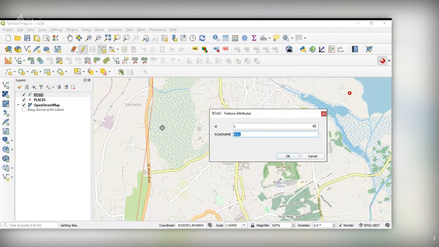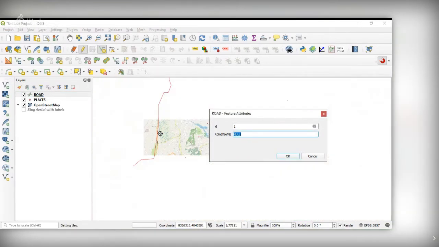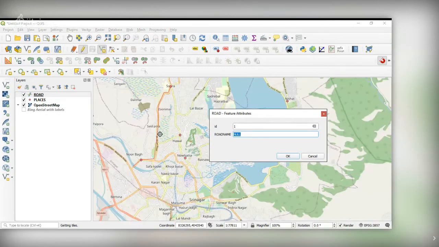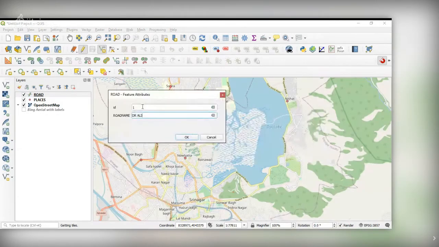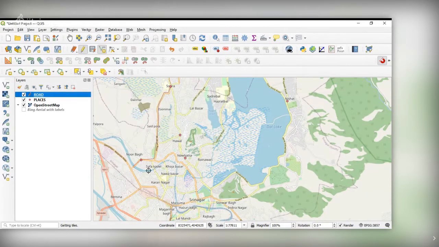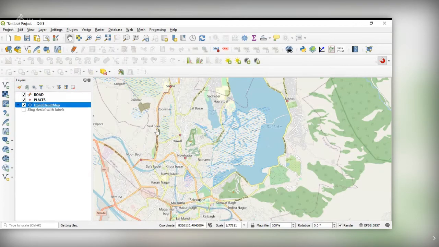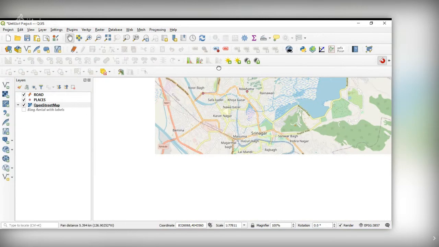Okay. Dr. Ali Jan road. So similarly, you will digitize some other road from here to here.